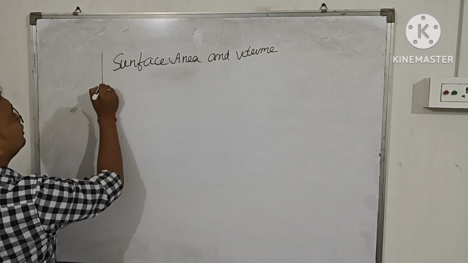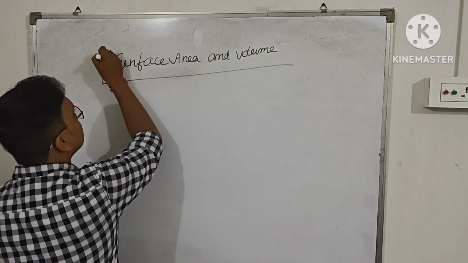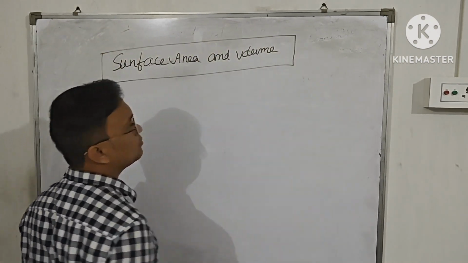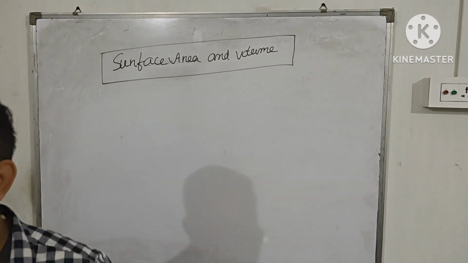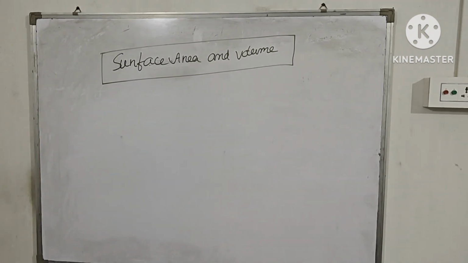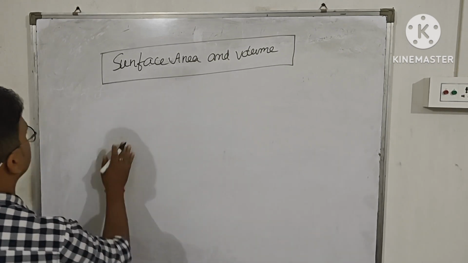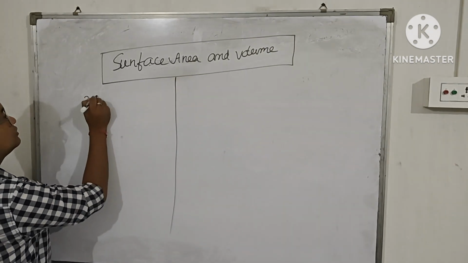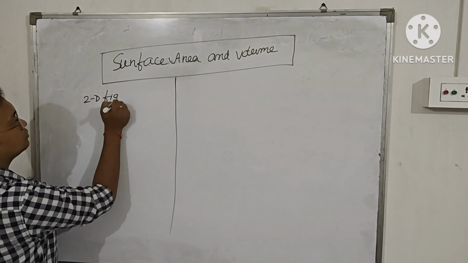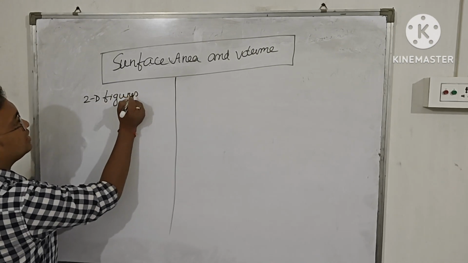Okay, there are total 9 exercises for this chapter in your class 9 book, but from those 9, 2 or 3 are omitted. Let me explain the basic things about surface area and volume. There are two types of figures. One is 2D figures, we can also say that these are